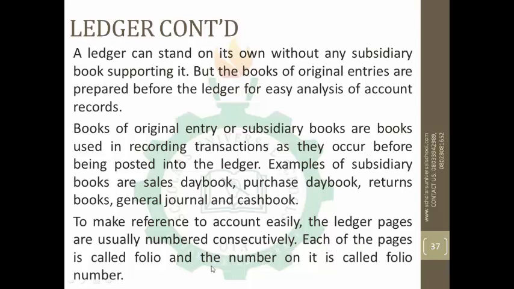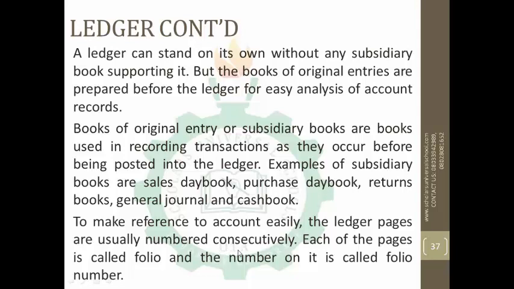is called a folio. Take for instance, I'm sure you must have, probably you're an old student, and you've been with the school for a reasonable amount of time, maybe 5 or 6 years. I'm sure your ledger, that is the page, that particular form I'm talking about, it might not be 1, it could be 2 or 3. So what we're saying is, to make reference to an account easily, the ledger pages are usually numbered consecutively, so that